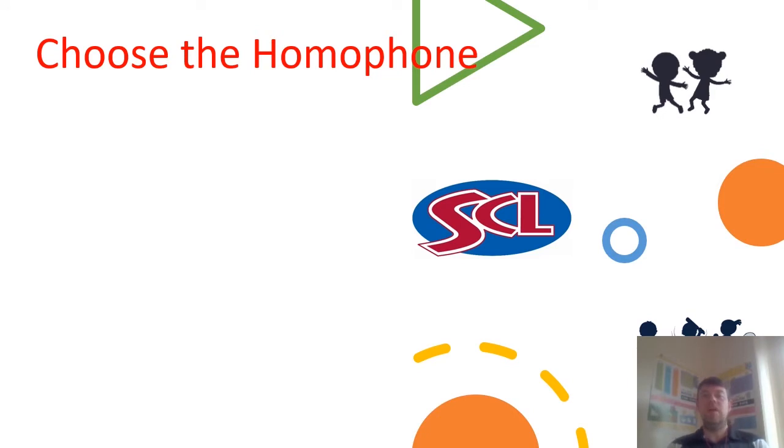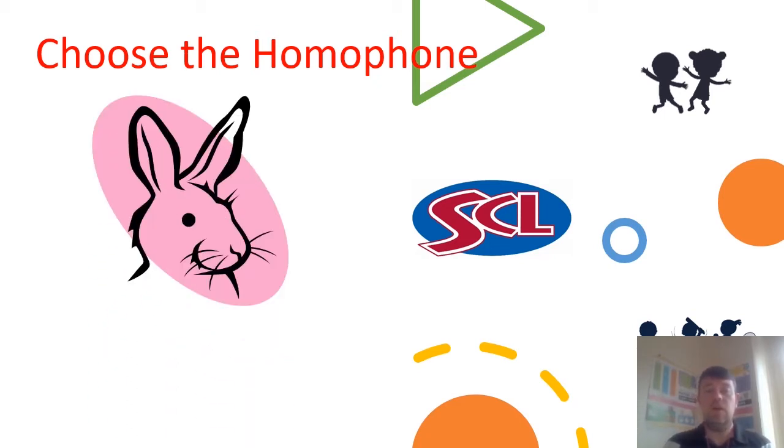So what we're going to do now is a little bit of interaction. You're going to need your pen and your pencil or whatever you're going to use to write with. What will happen is I'm going to show you an image on a screen, this screen for example, and then a set of two words, so two homophones. I want you to write down the correct homophone on your piece of paper. So here's your image, and your examples are